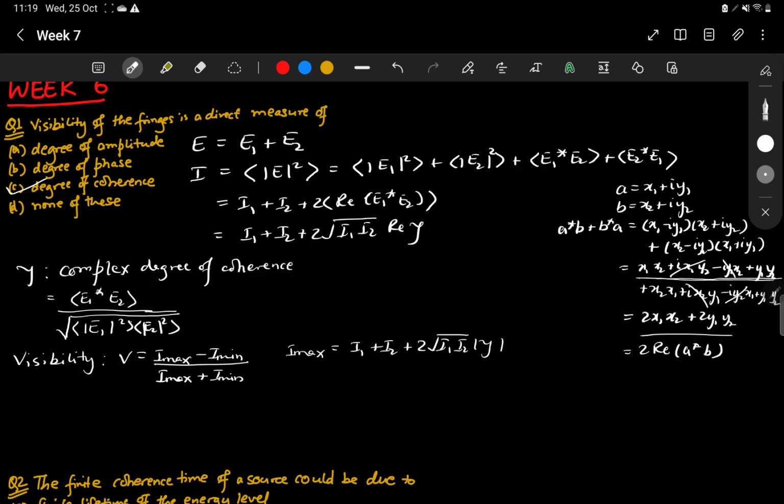I max is the case with the plus sign, and I min is this, destructive interference. So this then turns out to be